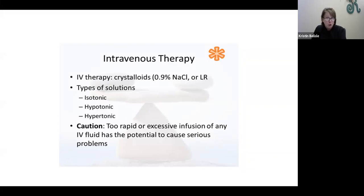The next solution is hypertonic, and you need to think opposite of hypotonic. So if it's hypertonic, it's going to pull volume out of the cell. It's going to cause the cell to shrivel because it's pulling fluid out. It's going to cause it to shrink, right? We're shriveling it up. All the fluid is going from intracellular out to extracellular because a hypertonic solution has higher solutes